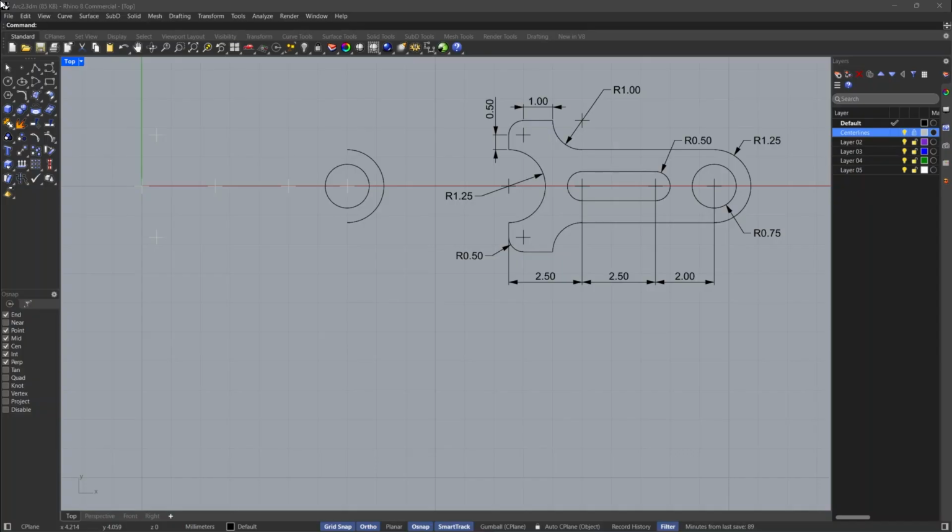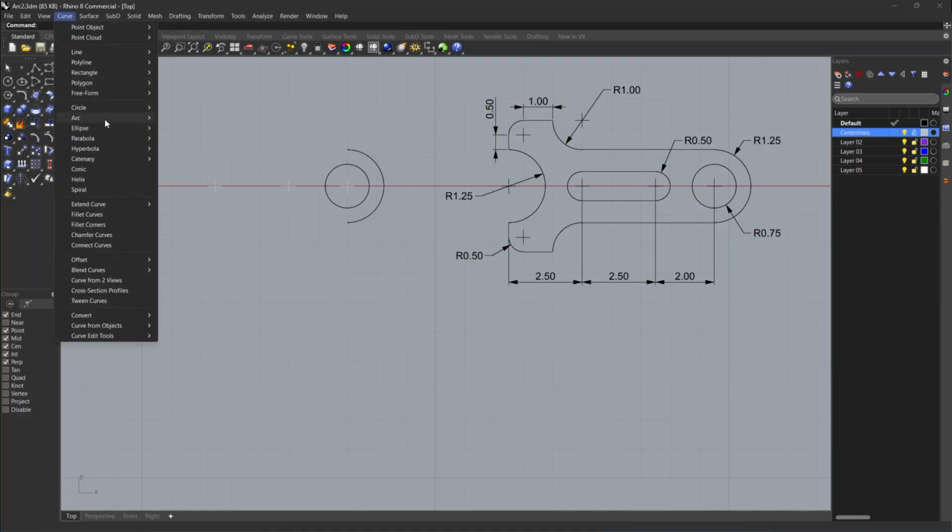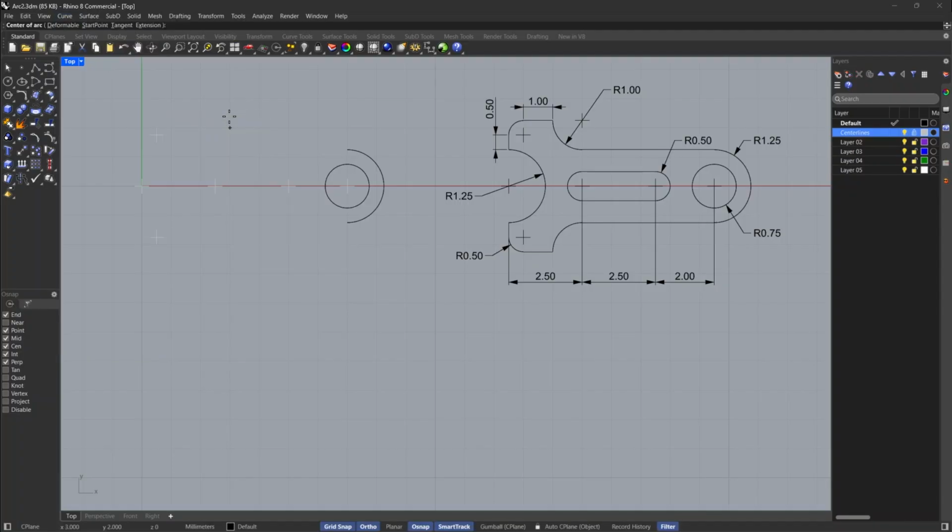Let's continue. From the curve menu, pick arc, then click center, start, angle. For the center of arc, pick the intersection of the center line on the top left.